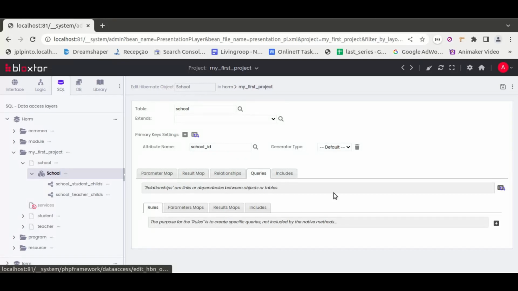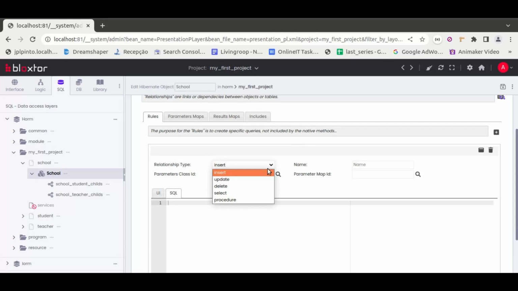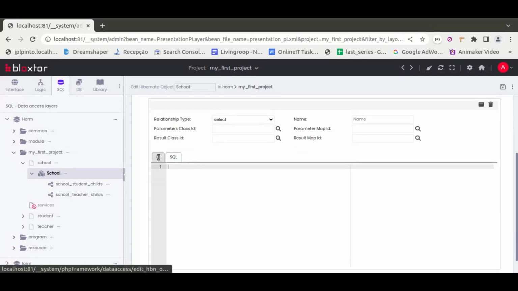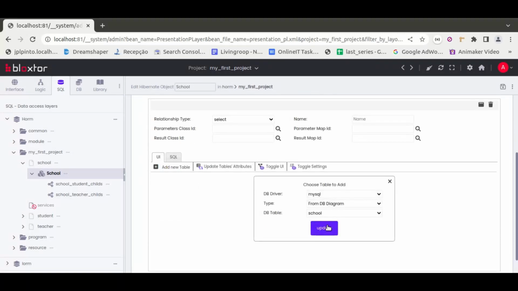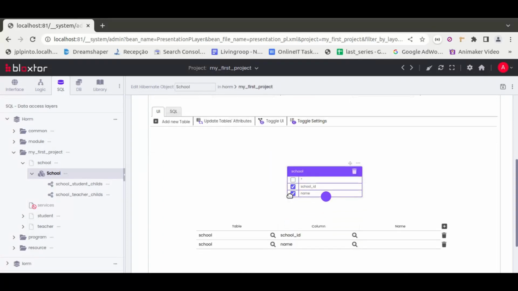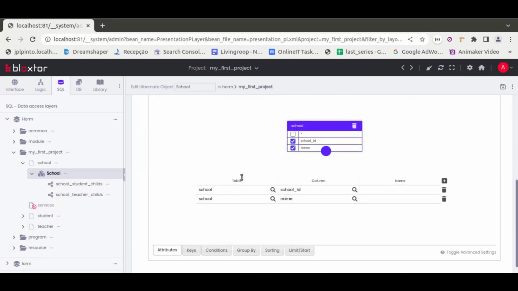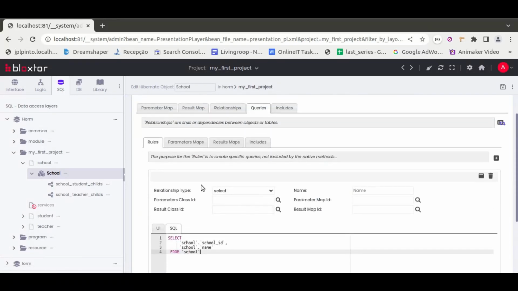The queries are exactly the same thing. Currently I don't have any query, otherwise it would appear here. If I want to create more queries, I can simply click here and add one manually, selecting whether it is insert, update, delete, or select, and I could type the SQL. Or I could go to my UI and simply add the corresponding table and make my own selection, or I could go to my properties here and create my properties, which automatically creates my SQL. Okay,